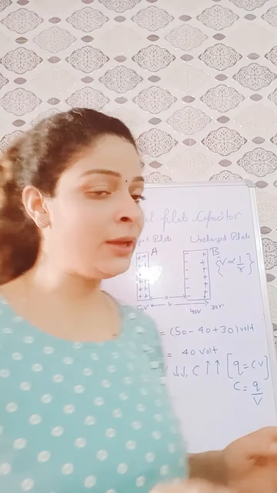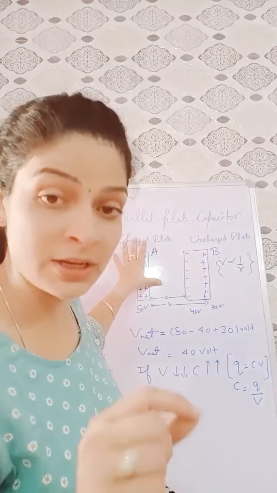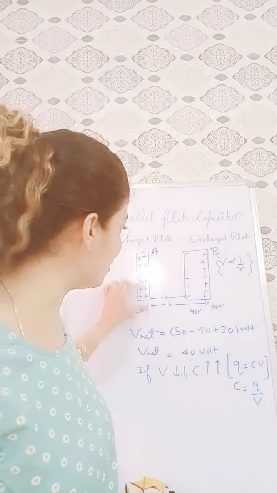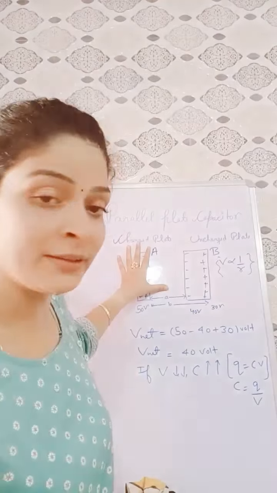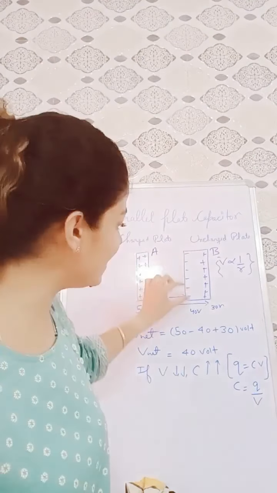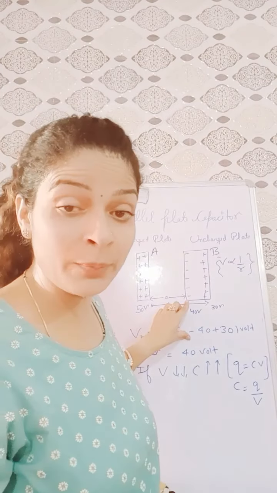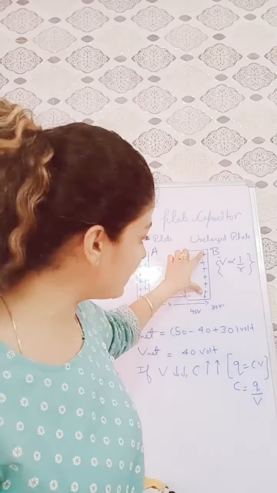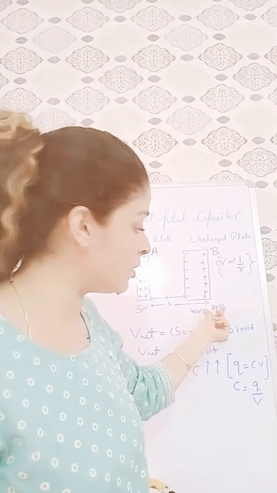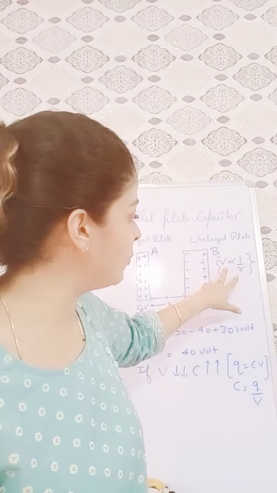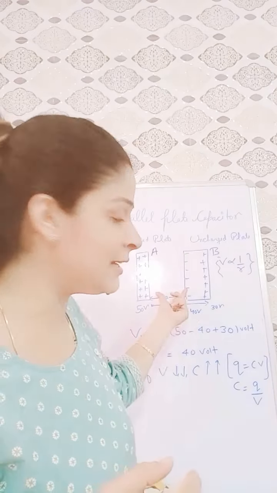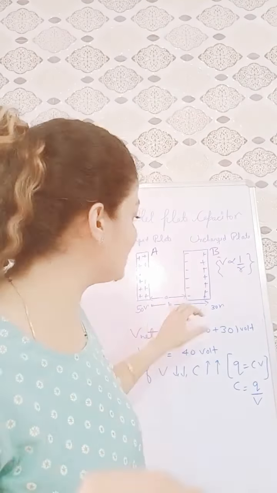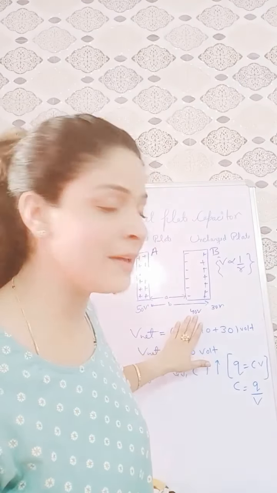Okay, so in order to understand how the potential decreases if we place an uncharged plate near a charged plate, let us consider the potential of the plate A is initially 50 volt. Now see, when we place an uncharged plate near this charged plate, then these negative charges will produce some potential. So let us suppose the potential is 40 volt, while these positive charges on the uncharged plate B produce a potential of 30 volt, because we know that potential is inversely proportional to the distance. The distance of the positive charge plate is more than the distance of the negative charge plate, due to which the potential of the positive charge plate is less in comparison to the negative charge plate.